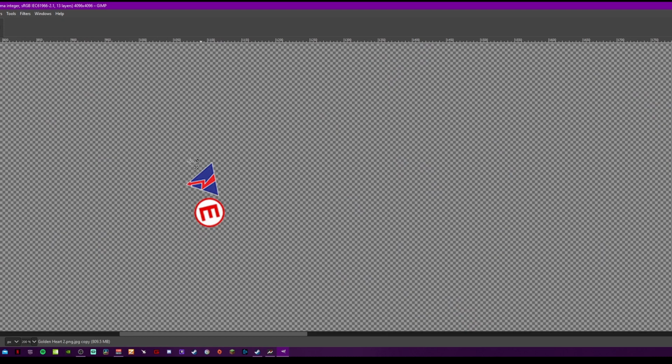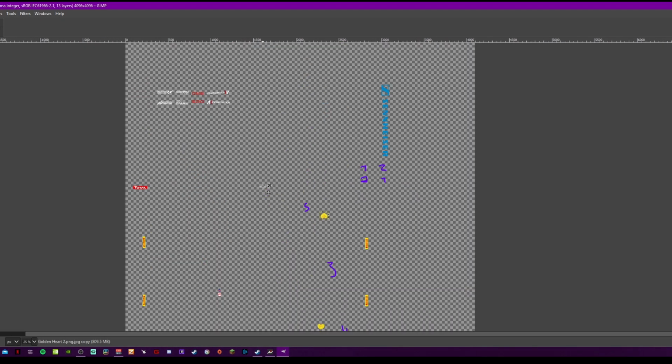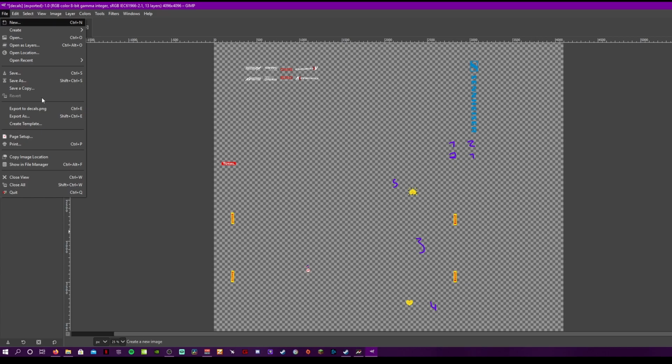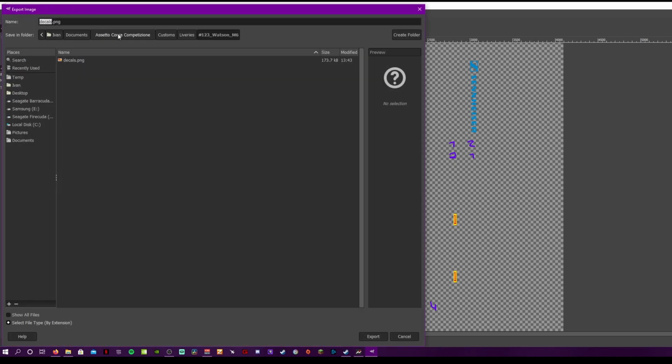And same with this one here. This one I quite like because it makes it look very authentic. But I'm going to just keep the base sponsors. And obviously I've got the numbers to see what parts of the car that is. So here, file, export as, in the same document. So just to show you again, Assetto Corsa, customs, liveries, your car, and you'll have the decals one. Exactly the same, except instead of decals.png,